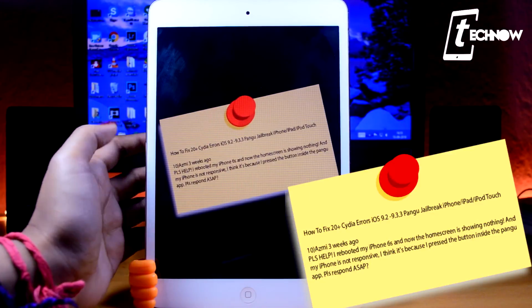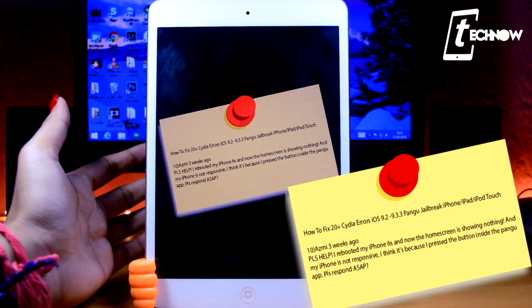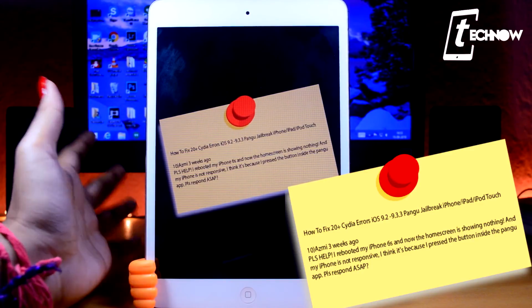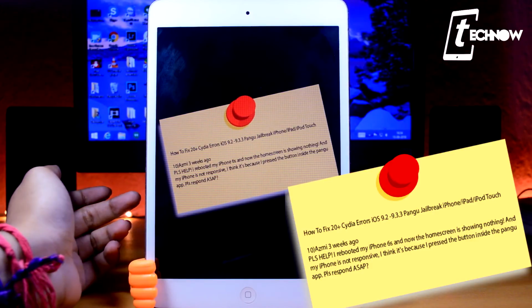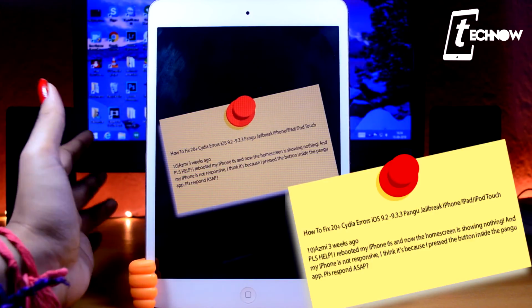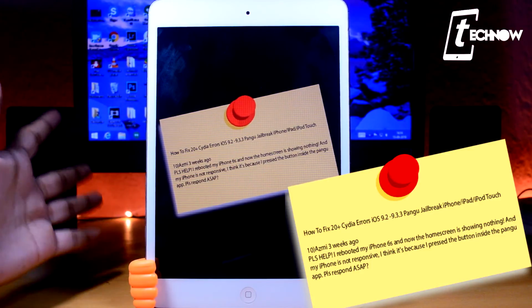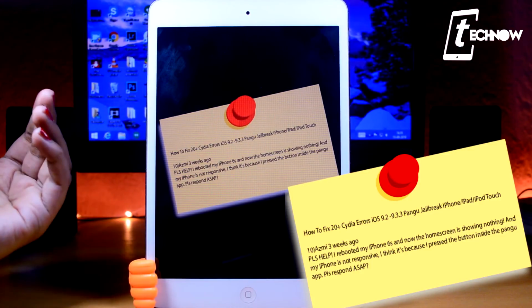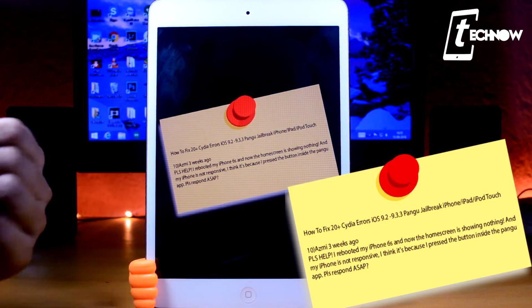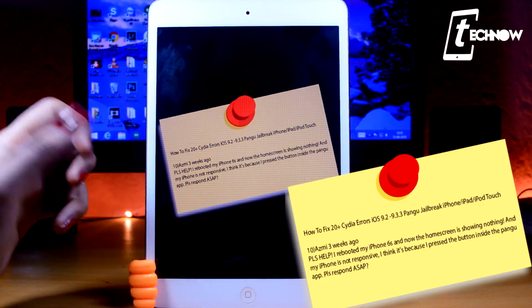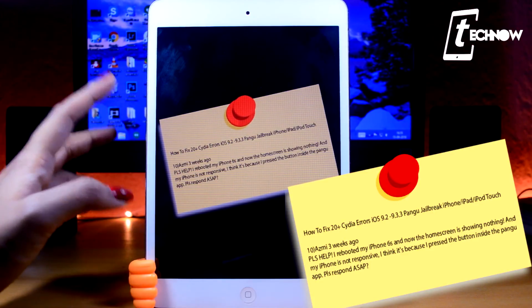And moving on to our last question of the day, which is also on 20 plus Cydia errors. I rebooted my iPhone 6s and now the lock screen is showing nothing. And my iPhone is not responsive. I think it is because I pressed the button inside the Pangu app. Please respond. Now here you have to choose between your iPhone and your jailbreak. So if you are trying to keep the jailbreak, what you can do is try force rebooting your device by pressing the home button and the power button continuously until the Apple logo pops